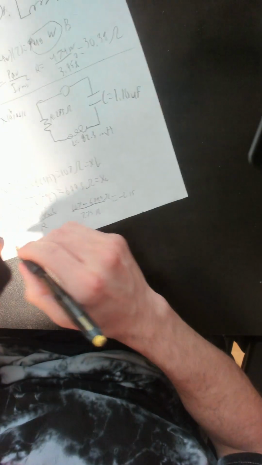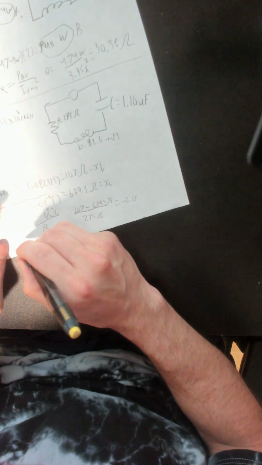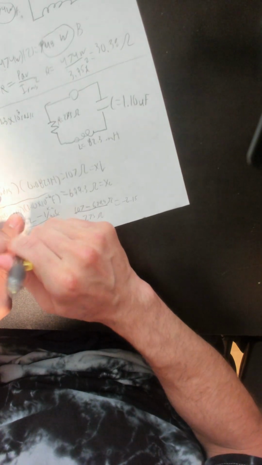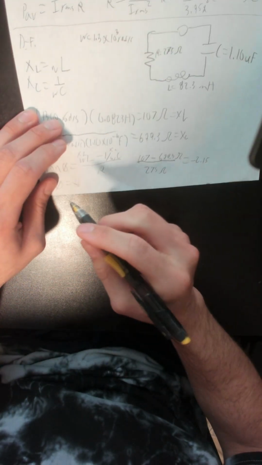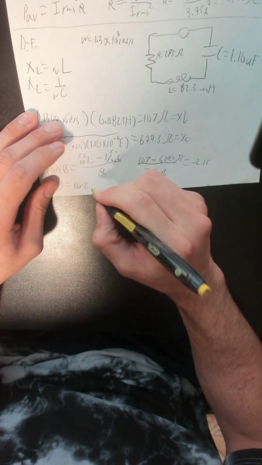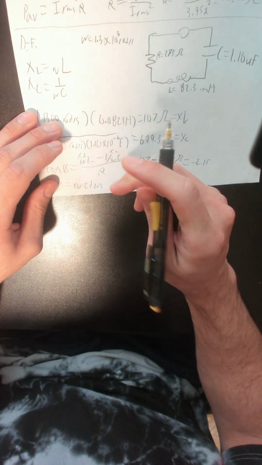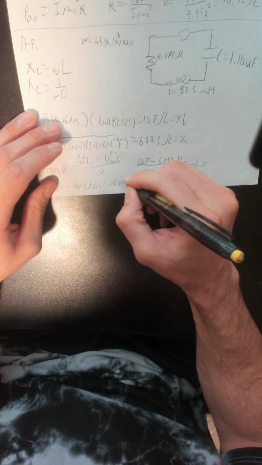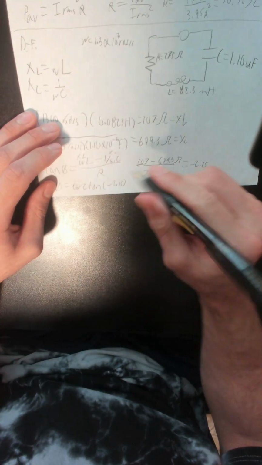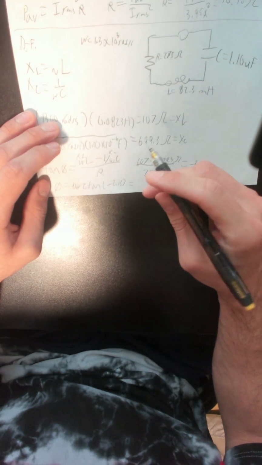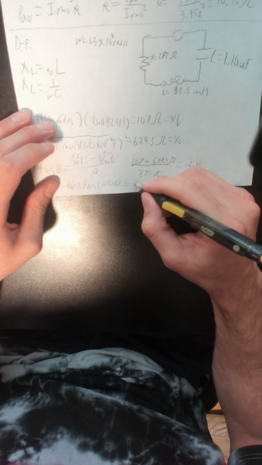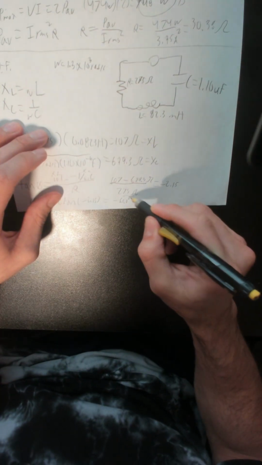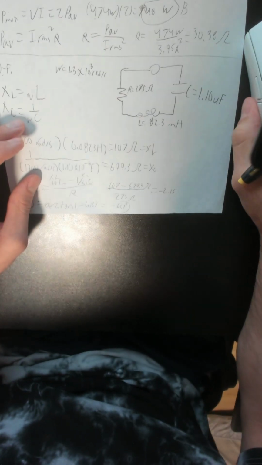So to get the angle, right here, we just go equals arctan of negative 2.15, which is equal to a phase angle of negative 65.1 degrees. All right, so that was for E,